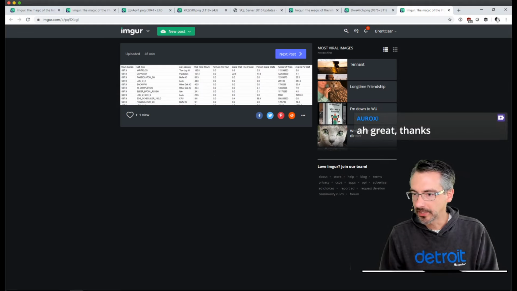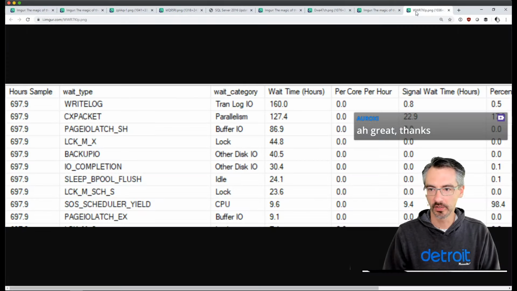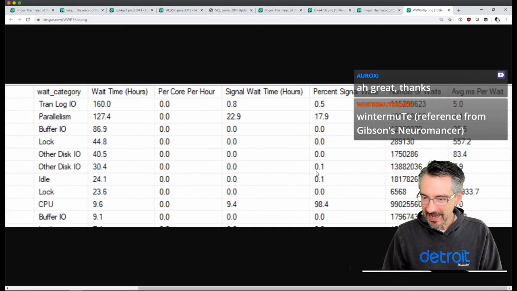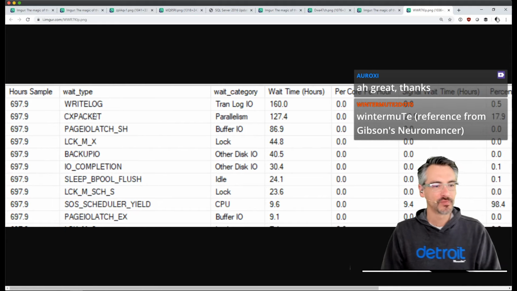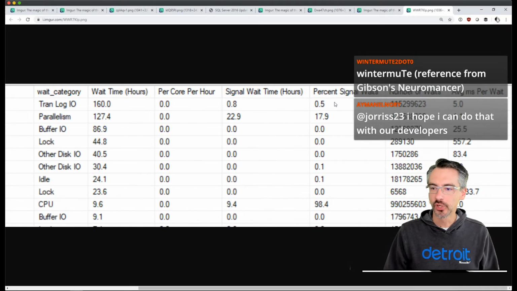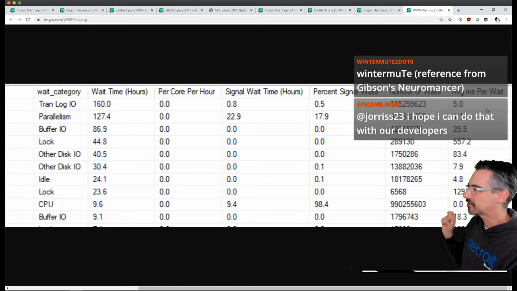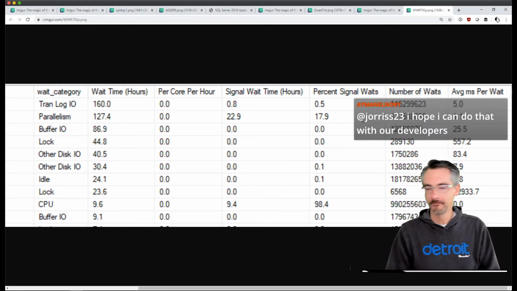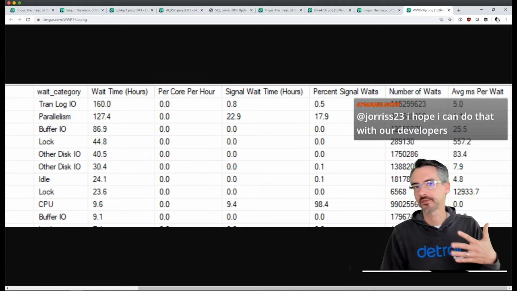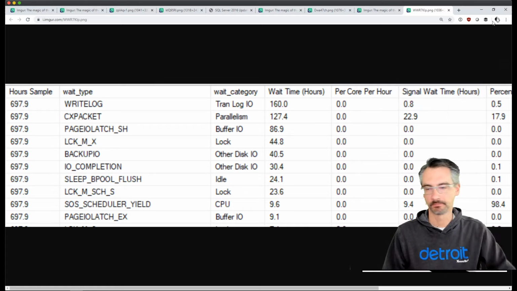So next up is Winter Mute 2.0. That's interesting. So what, y'all trolling me? That's almost the same server. Everything that I just said to Robin and to Mike Scalise, same exact thing for you. Your storage at an average of 5 milliseconds per write log wait is okay. It's not fantastic. It's not as good as Robin's was. It's not as bad as Mike Scalise's was. But the recommendations hold exactly true there as well.